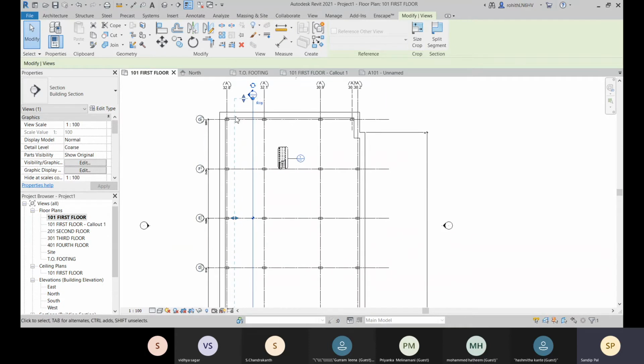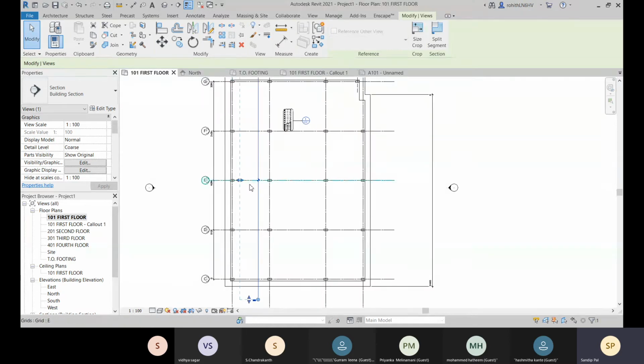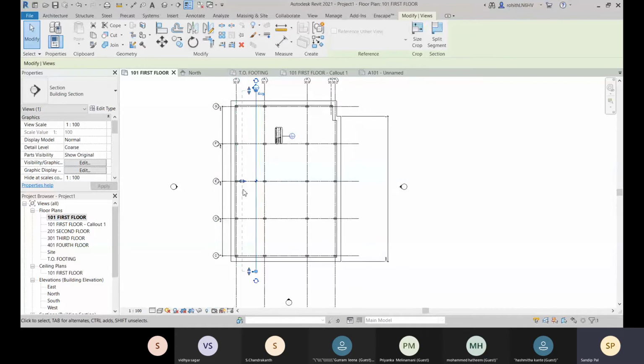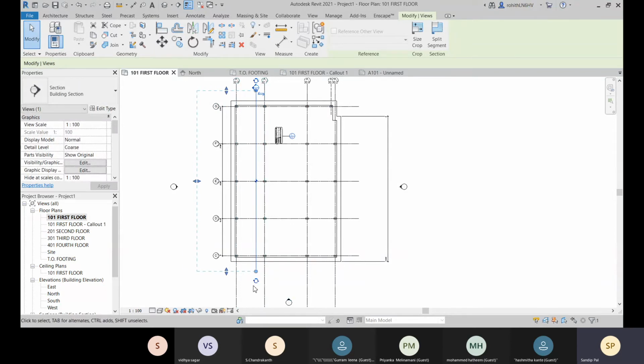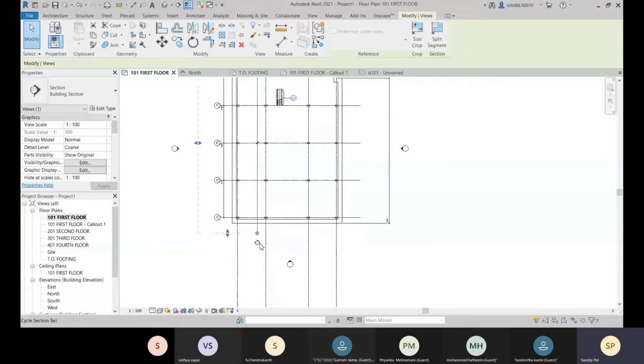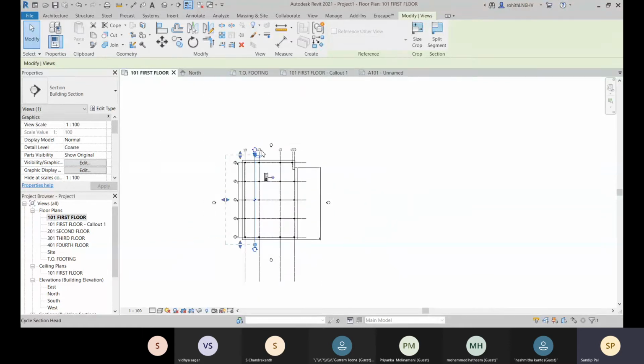Okay, so how much you will be seeing within the section view, that is defined by this box, and after that you can rotate it as well. Okay, sorry, this is not rotate. This is for the selection cycle.